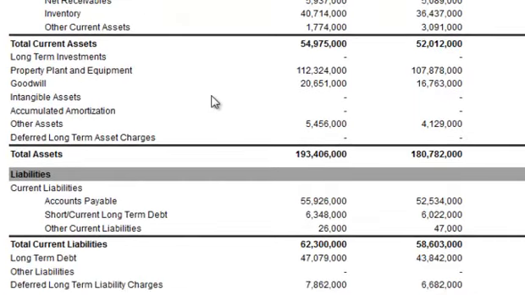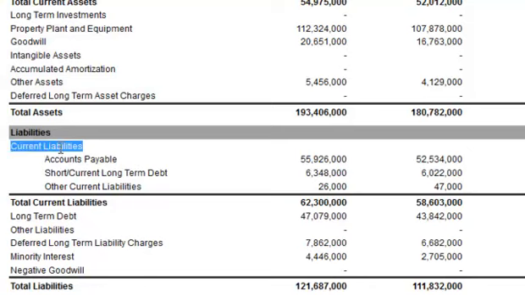Moving on down here to the liabilities, the current liabilities section. Below there you will find a short, current, long-term debt. This sounds very complex, but it's actually quite simple. In many cases, when a company is paying back their debt, a portion of the principal becomes due within a particular year. Any portion of long-term debt that comes due in that particular 12 months then gets moved from the long-term debt category over here and then gets moved up into the short, current, long-term debt here,